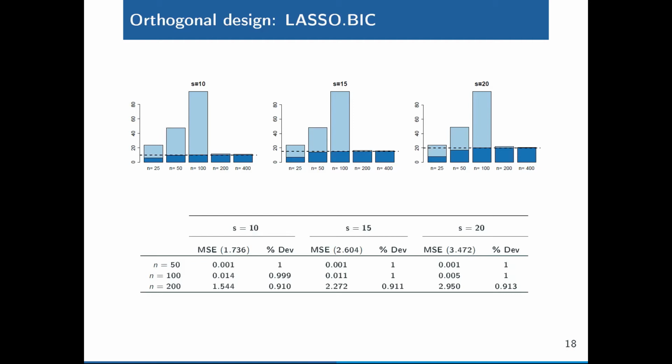We know that the BIC doesn't perform well in the case of p greater than or equal to n, but we want to see, at least for n greater than or equal to p, how this algorithm is going to select the covariates. So we can see, selecting the lambda which minimizes the BIC, we get very good results for the case